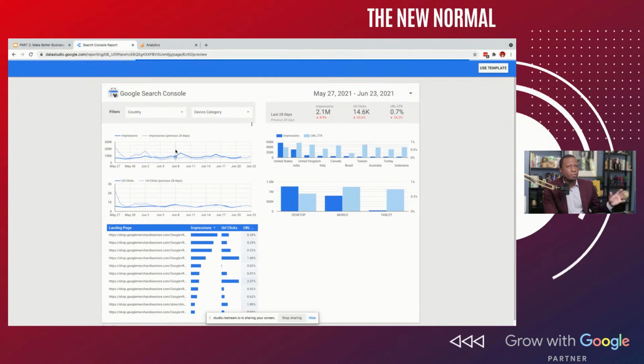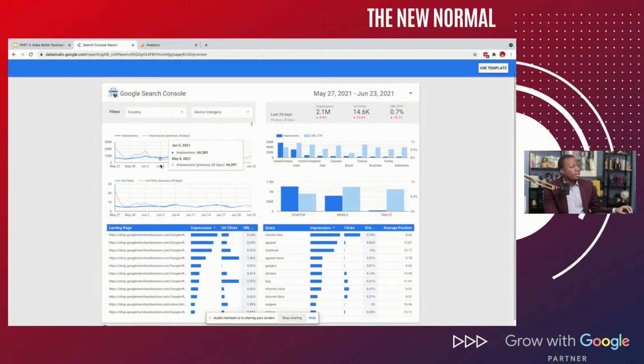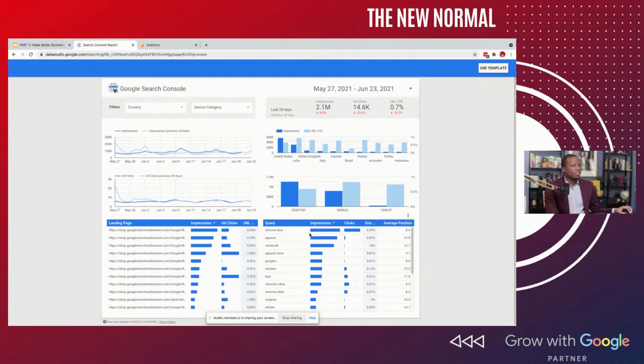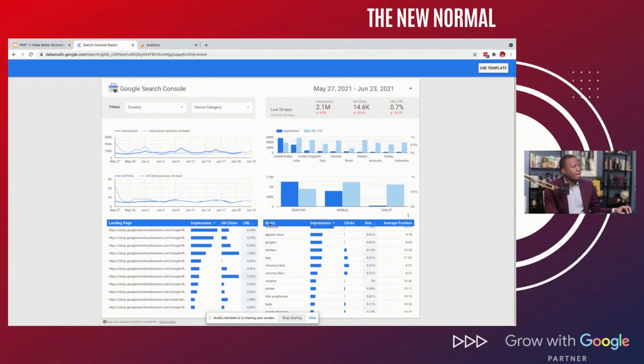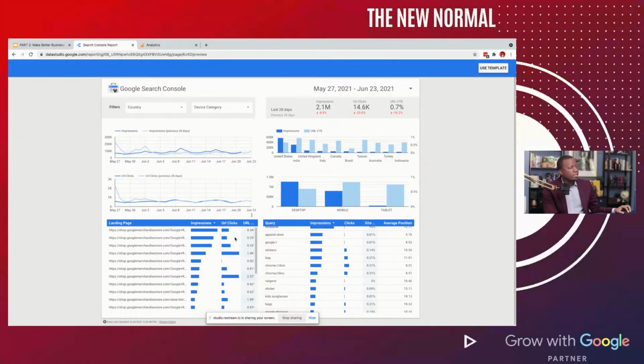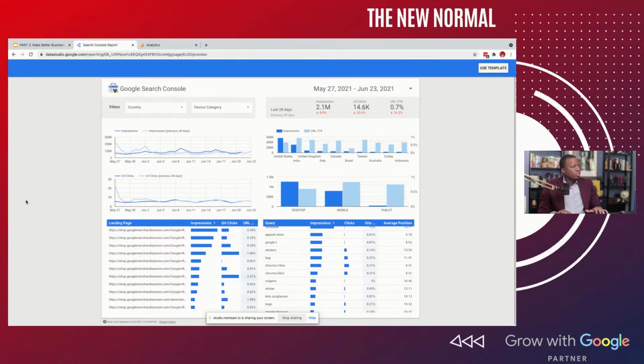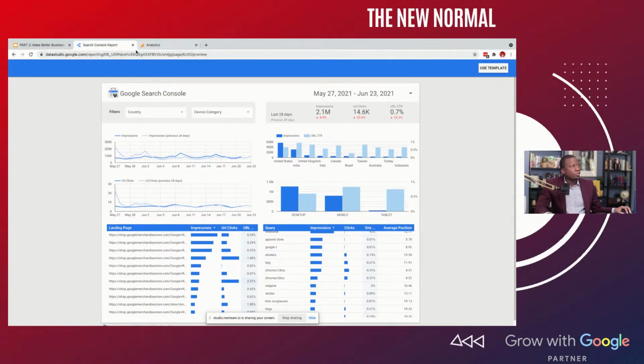So this is very similar to analytics, but different. A little hard to see, but it gives you more information, more stats, landing pages. One thing I like about this is it has queries, so you can see the actual words that somebody typed in to find your website. Once again, I don't have a ton of time, but Google Data Studio is definitely a good tool to use.